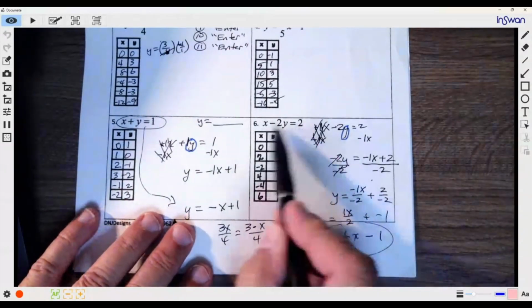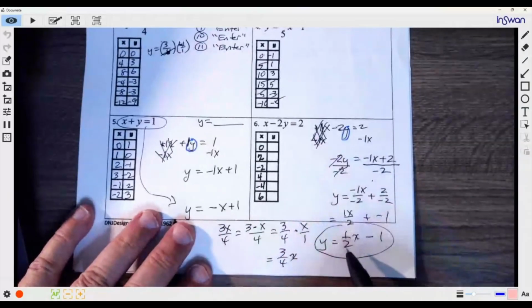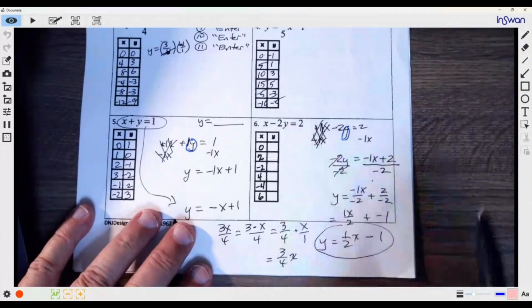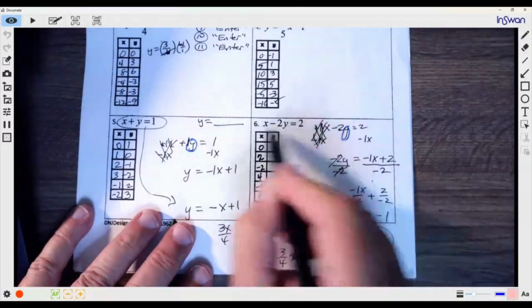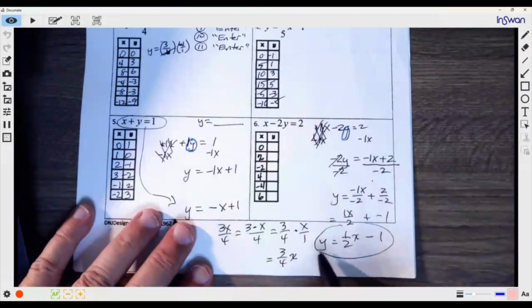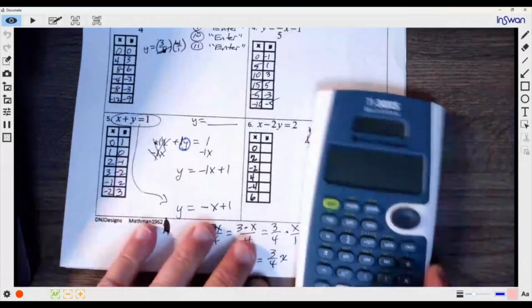This equation and this equation are exactly the same thing. It's just that this equation is solved for y. This equation has our x and y on the same side. We can't use this in our calculator. We have to convert it to this. So then we would do our